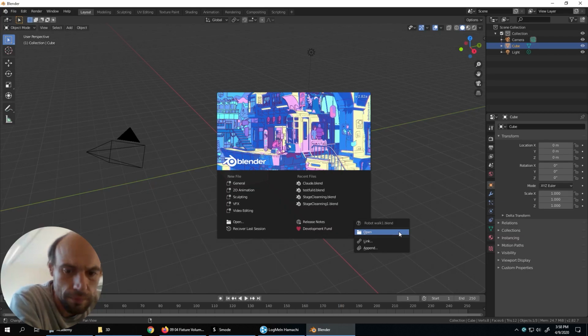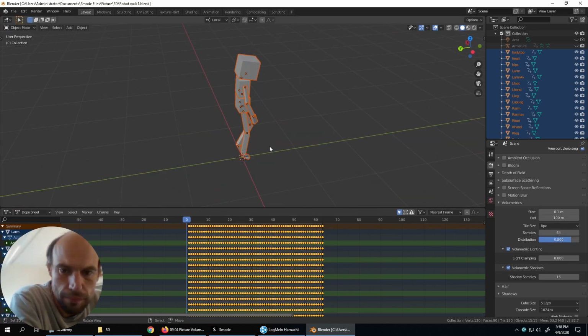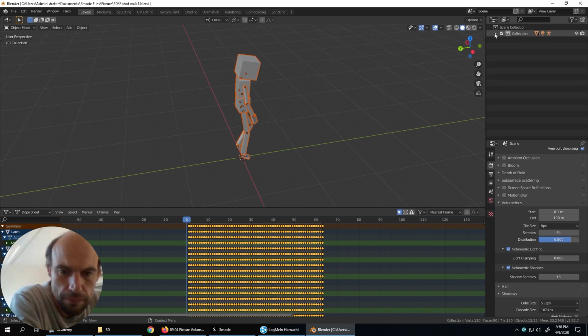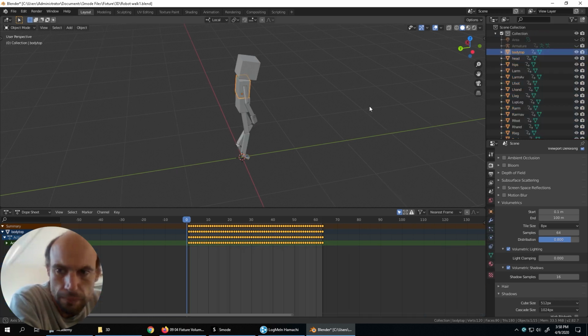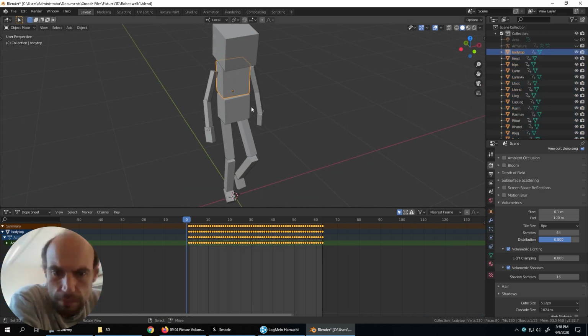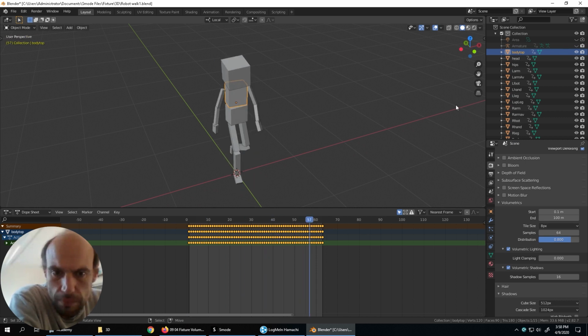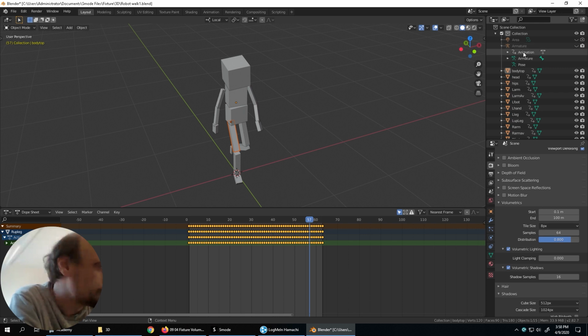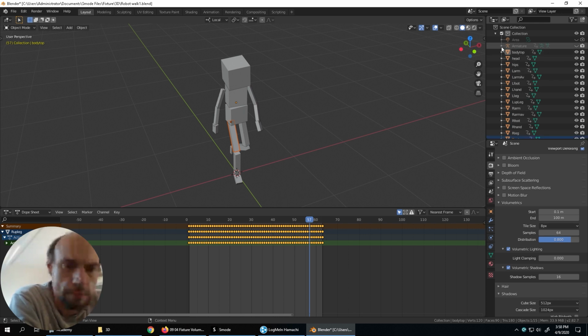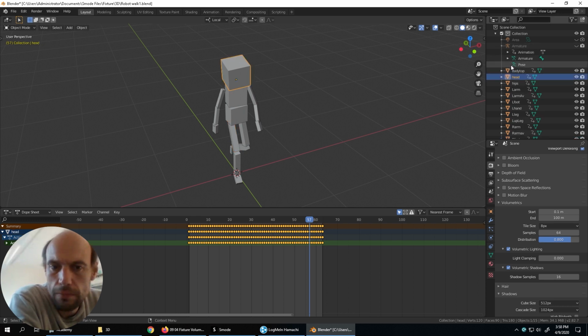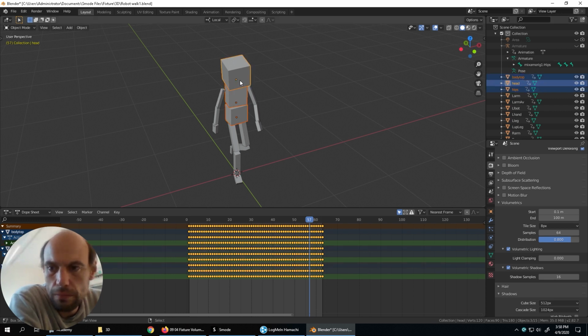It's this one, I think. So here we see each element. It's not the same one, it's a walking body. But we see that the armature is here. And what I have done is to take each bone of the armature, assign it an element, and bake the animation.